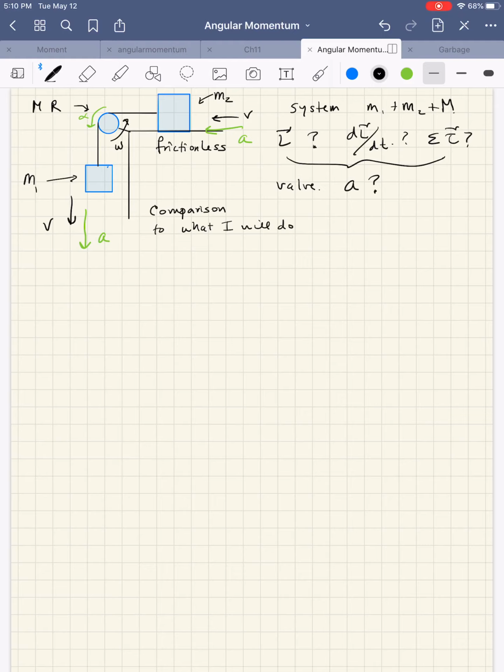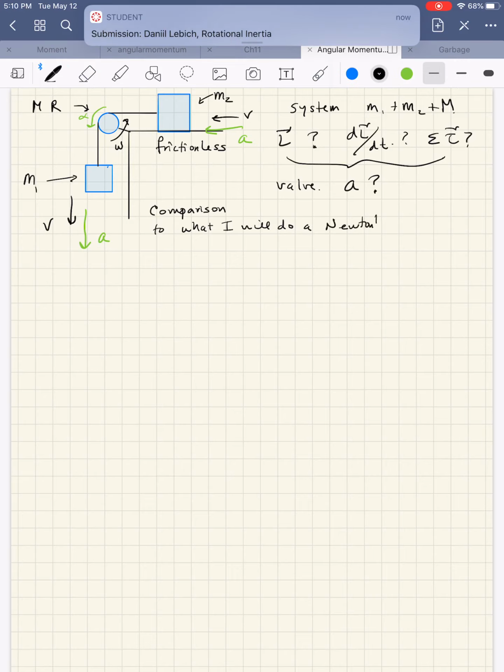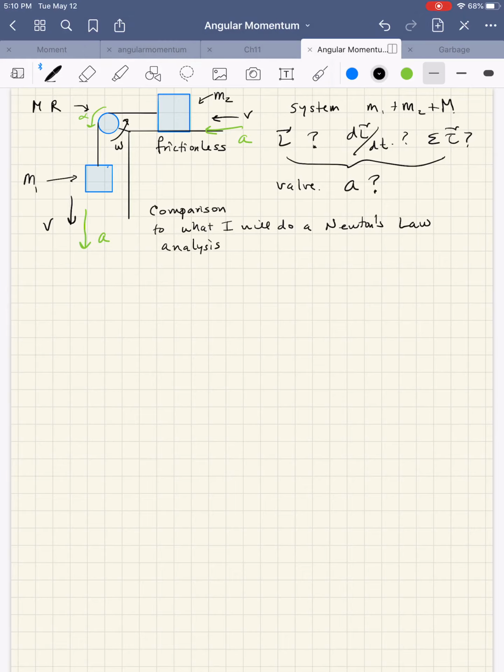I could have done Newton's law analysis: sum of torques equals I alpha for the rotating mass, and then sum of forces equals MA for the translating masses. And if I did that, I can arrive at this result that acceleration is going to be m1g divided by m1 plus m2 plus A times m, where capital A is